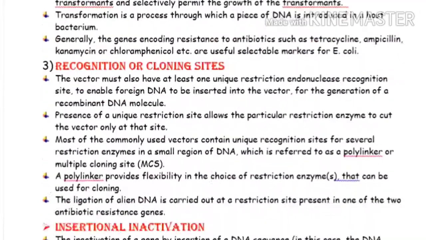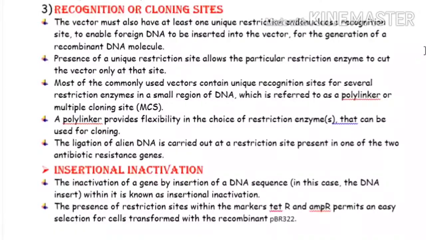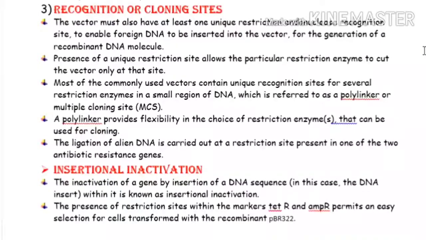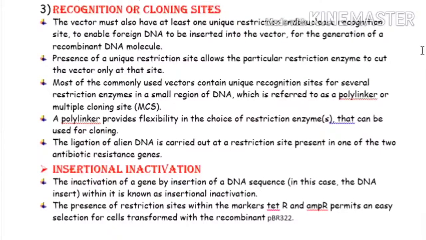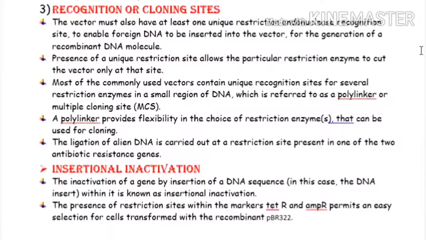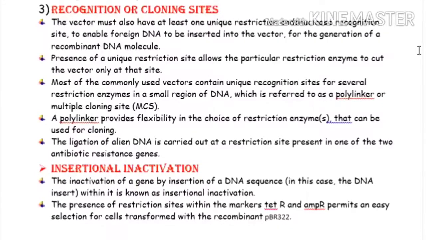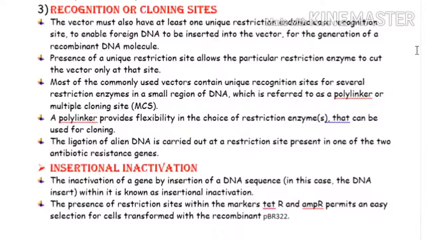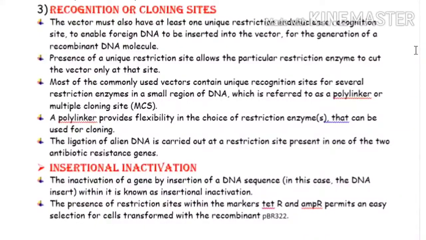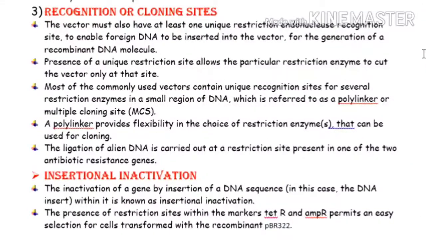Now, where we should put our gene? When we are putting our gene, then we want that few areas, means palindromic areas, should be identified so that we can cut them. And these are the sites which will be cut by the restriction enzymes. So we call them restriction sites, or you can say these are the sites where we will put our gene for cloning purpose, to make many copies of it. We call that site a cloning site also. Understood, class? So cloning sites or restriction sites are nothing but palindrome sites, and we try to look that they should produce sticky ends so that we can insert our gene.